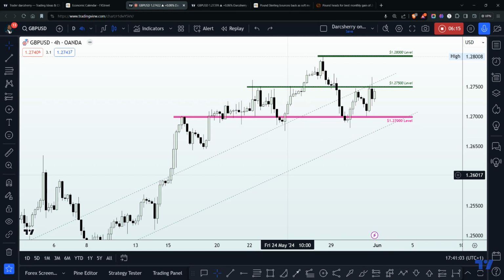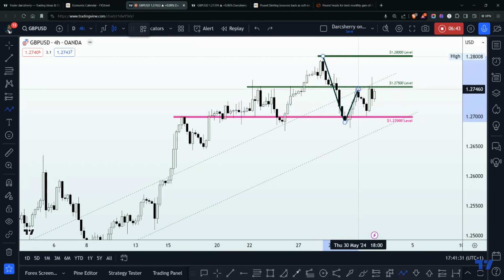Now, from the look of things here, I have a very strong feeling that after considering the development behind the scenes, price may likely continue to the upside, especially after the core PCE came in. And from a technical standpoint, following this impulsive bearish leg after price action hitting that psychological level at the 1.2800